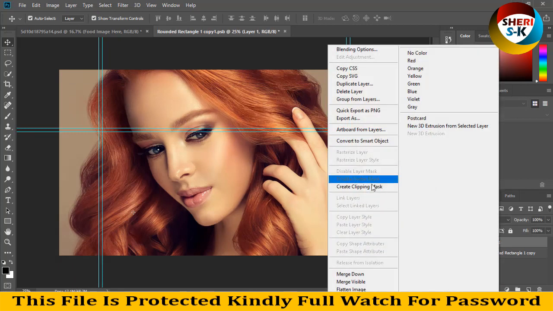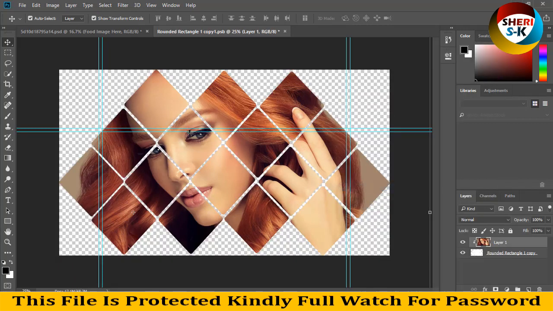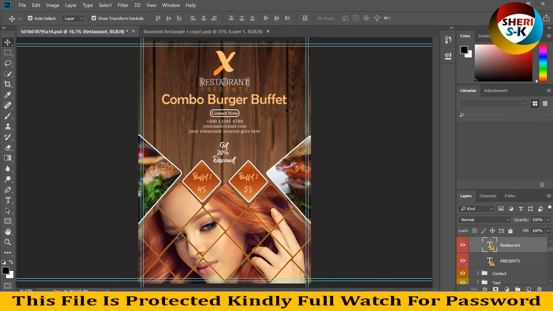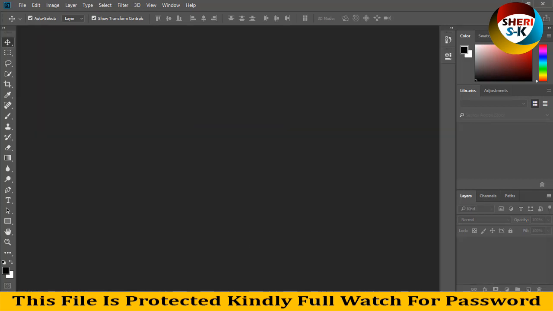Right click, create clipping mask, and this photo is converted in this shape. Control S for saving, and your photo is here. You can modify it in every flare, not for just a restaurant. So I close this file, and